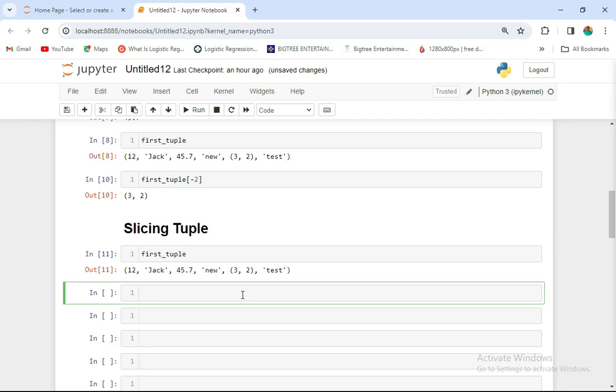Number 1, you can write it down. You create a subset, or a slice, of the tuple. How do you do that? You specify the index of the element, then you separate them by a colon. The first index is inclusive and the second index is exclusive. This is the variable name that is holding the container, the tuple we are working with, first tuple. So now if I want to get a range,